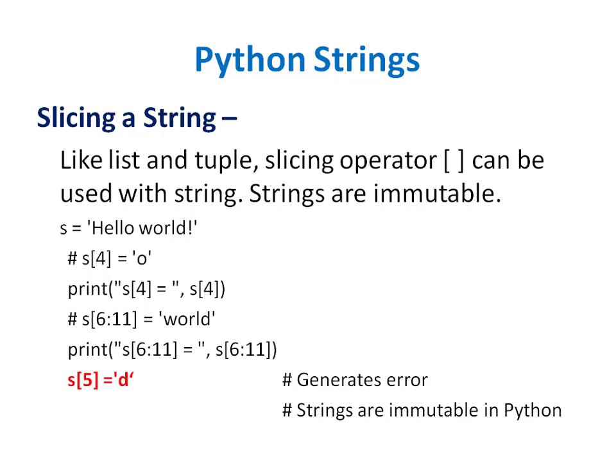If we are going to print s[6:11], then it is going to print world, because w is at index 6 and it is going to print up till the last letter. Now if we try to modify the fifth element, what is the fifth element? That is the blank space. Now 0, 1, 2, 3, 4, 5, yes, that is this blank space. If we are going to replace it by, suppose, the string D, then that is going to generate an error because strings are immutable. So here we can summarize that lists are mutable and strings and tuples are immutable.